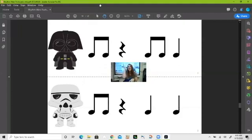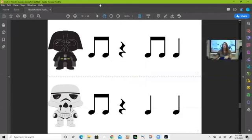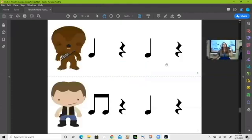Oh, I did it again. I played a ta with one hand when I wasn't supposed to, but that's okay. See, even I mess up on these rhythms from time to time. It's not a big deal. All right, so,